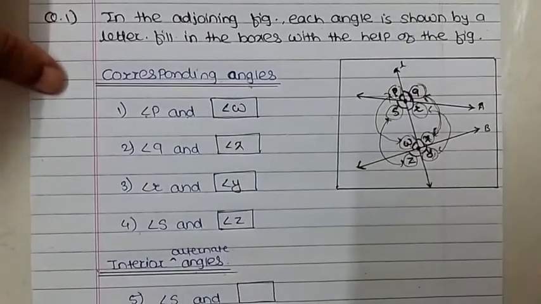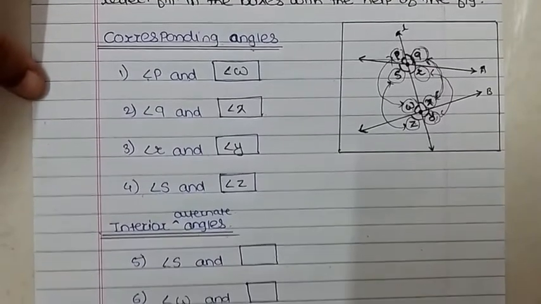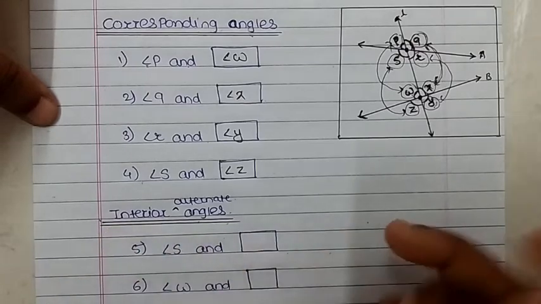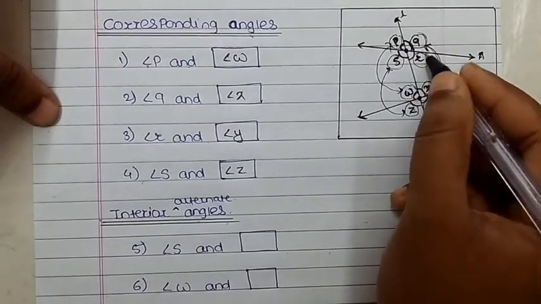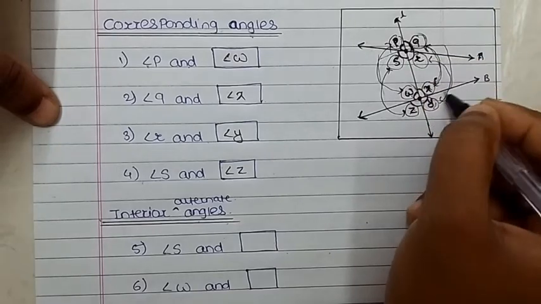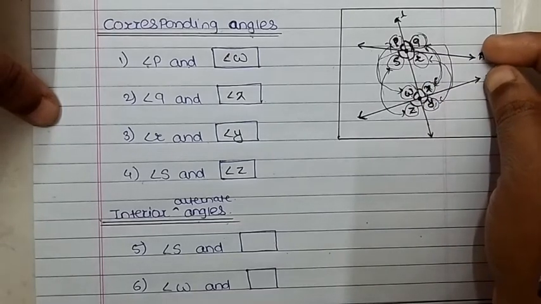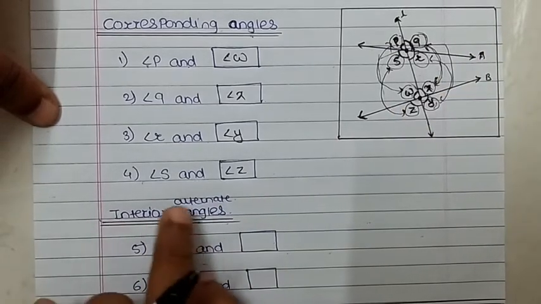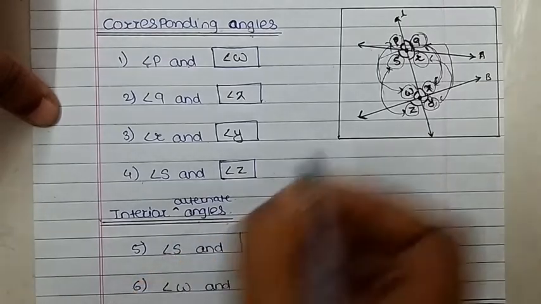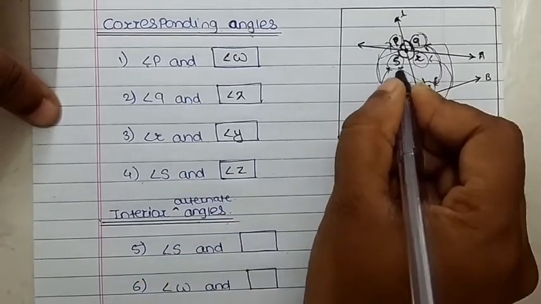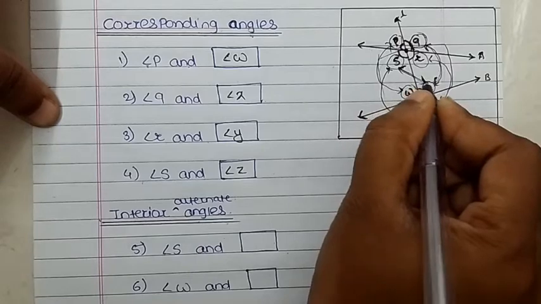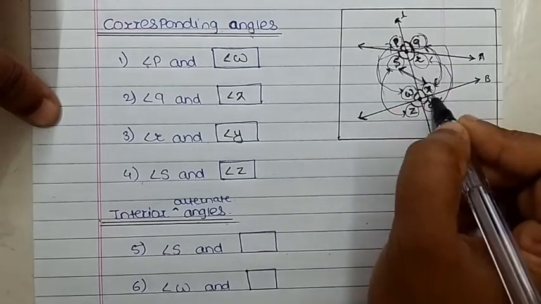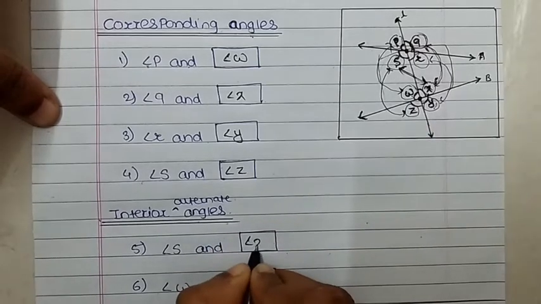Then next you have to calculate the interior alternate angle. What is meant by interior? Interior angle means in between angles, like this one. This part is covered, between the lines A and B. This is an interior angle. But we have to calculate an interior alternate angle. So for angle S, the alternate of this one is X. Skip one, like after that R, then X. So angle X is there.